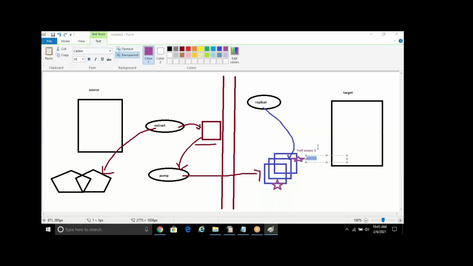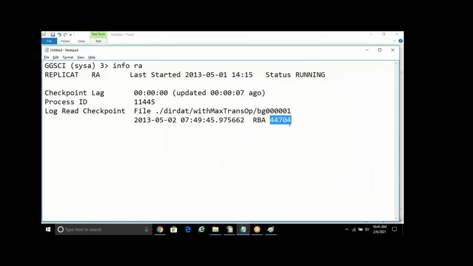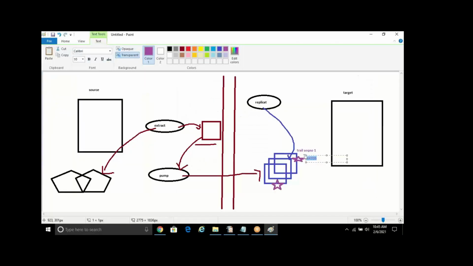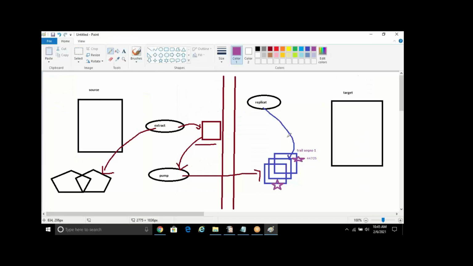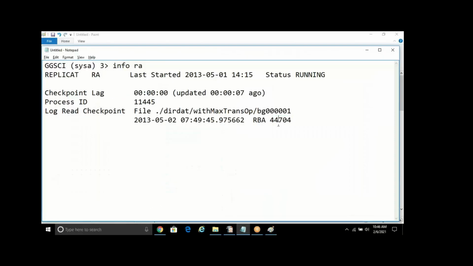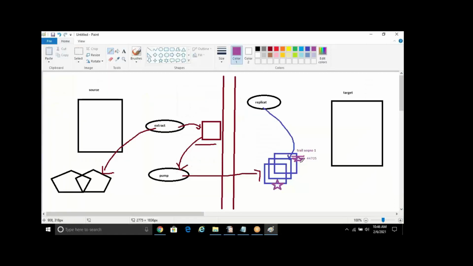So when I say 44704, it means that the replicate has read fully till this point, that is, before the start of that long transaction. It is guaranteed that the replicate has read and applied everything up to this point. Now, when the replicate starts to read the long transaction,